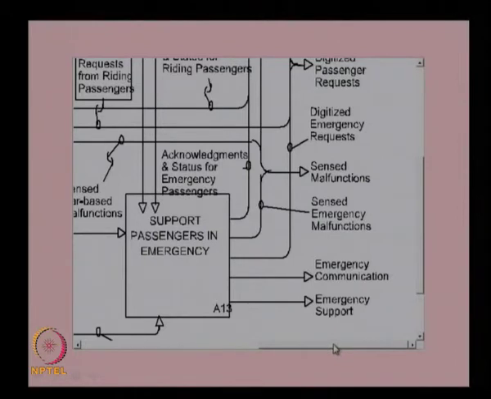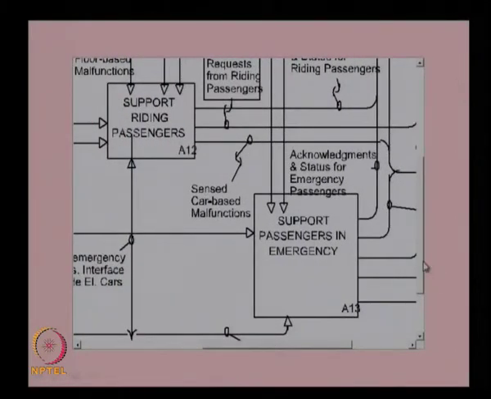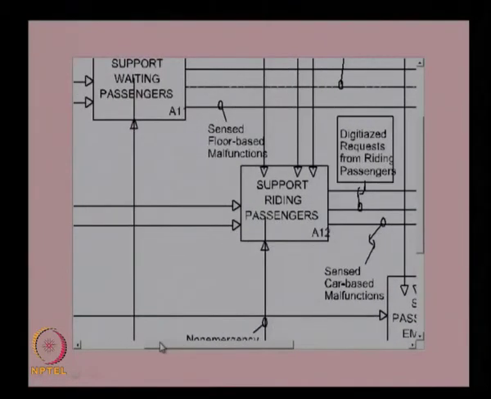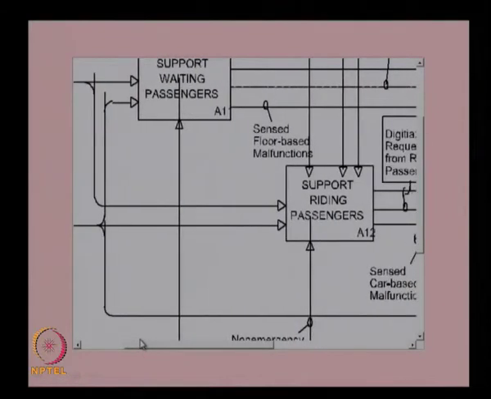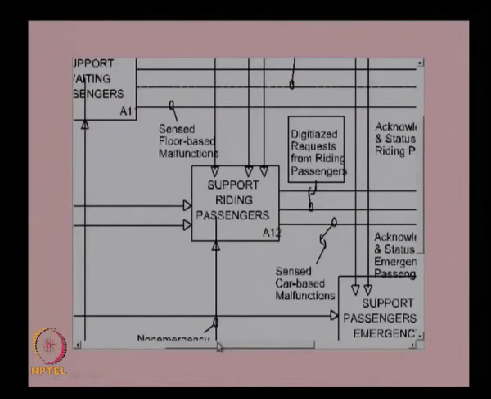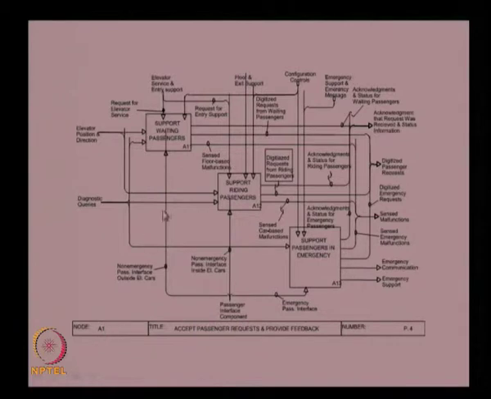As you can see, there is a lot of interaction between these functions within the system. The output from one function will be an input to another function, and similarly the output of one function can be input to a previous function also. So you can divide the main A1 function into A11, A12 and A13 in this diagram. This diagram is basically the A1 diagram, where the A11, A12 and A13 functions are decomposed and their interactions are clearly shown. So that is the A1 diagram.